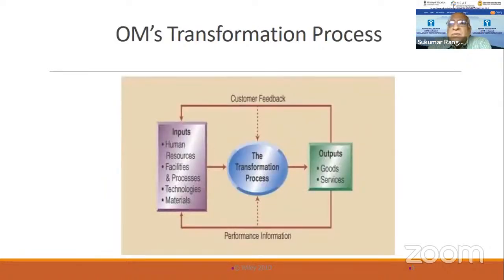Now, the transformation process for this is, in fact, even ISO 9000 defines the process as input, process, output, as simple as that. Now, within the process, there are many sub-processes. Each one has an input, process, output. So basically, operations management involves, right here, as you see, the transformation process, to which there are inputs,